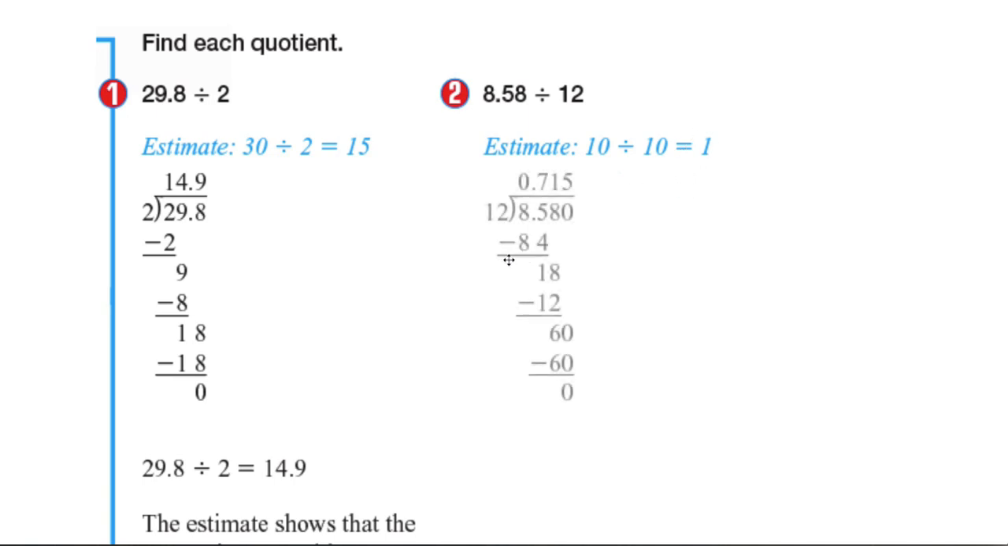We do our division: put 8.58 inside the house, and 12 outside the house, bring that decimal point up, and divide normally. How many 12s go into 85? There are 7 12s that go into 85. 7 times 12 gives you 84. Subtract that and you end up with 1, bring down the 8. How many 12s go into 18? That would be 1. 12, subtract that, end up with 6, bring down the 6. And 5 12s go into 60. So the answer would be